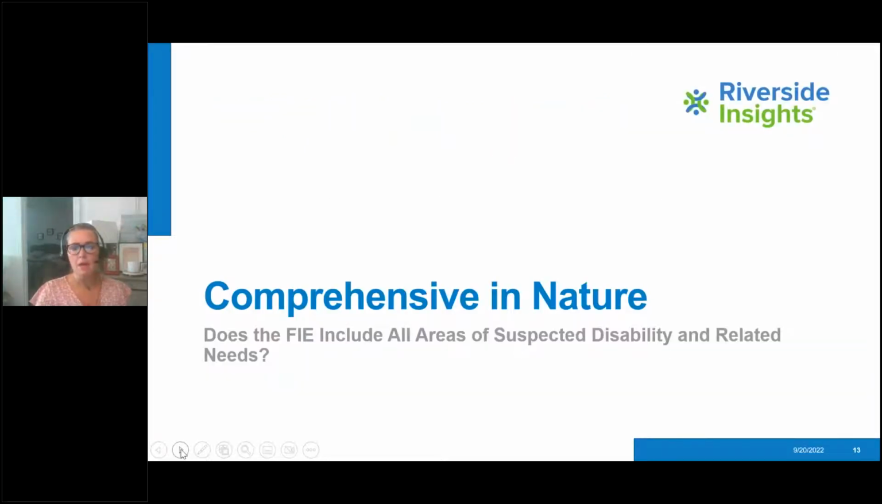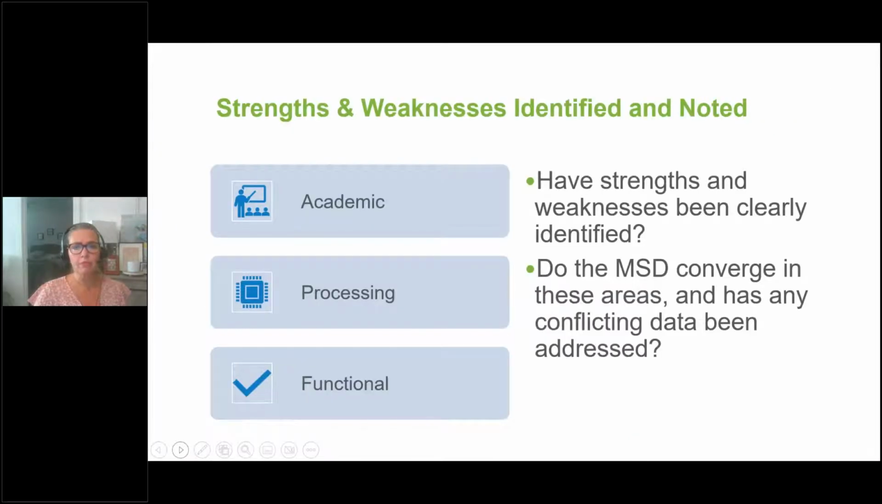So when we think about comprehensive, we know that our assessment must be comprehensive in nature. And with our assessment, using that data to write up that FIE, that full individual evaluation, we have to make sure that we include all areas of suspected disability and related needs within that FIE. So when we think about a comprehensive evaluation, we've got to ensure that the student's strengths and weaknesses have